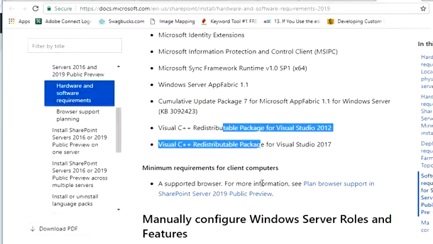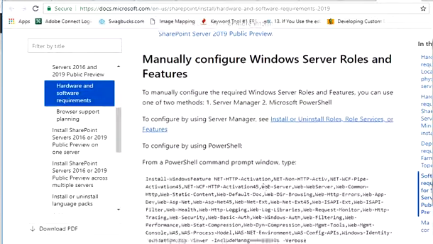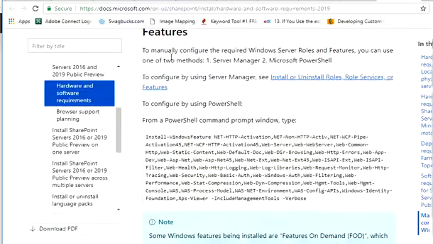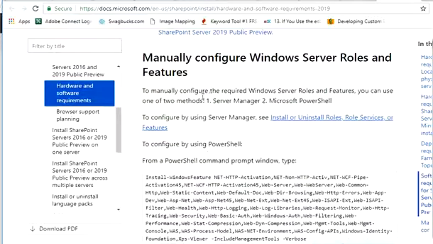For me it was already configured, but what if you want to configure it yourself? You can see that some help is already provided here on the same page. You can read this piece of text to manually configure the required Windows Server roles and features.